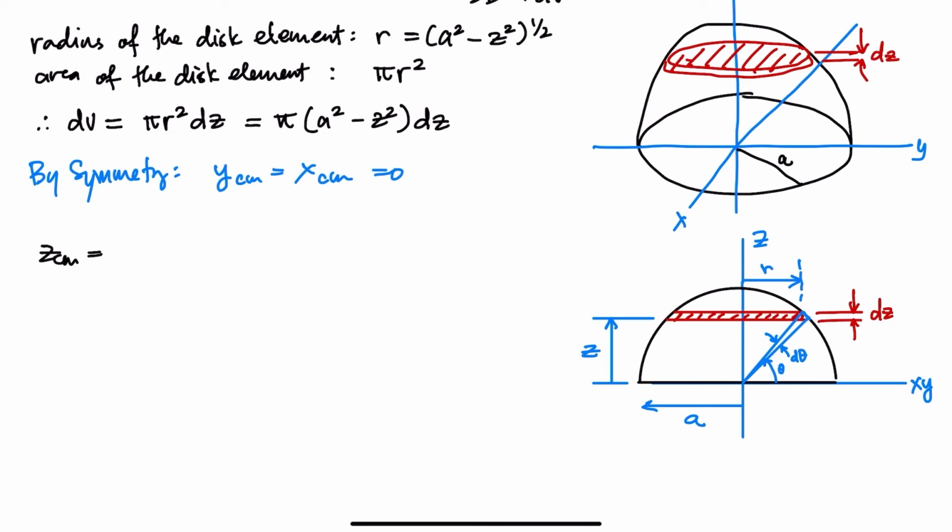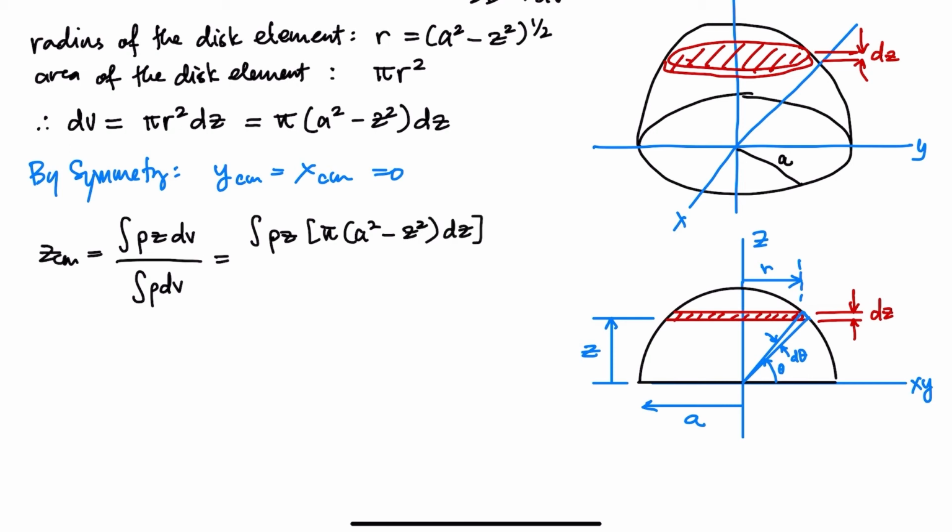So this is equal to the integral of rho z dV divided by the integral of rho dV, which is equal to the integral of rho z times pi times a squared minus z squared dz,